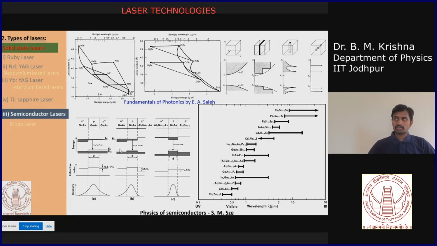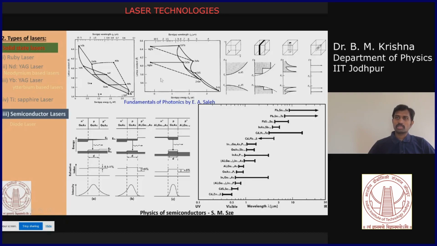So these semiconductor lasers have a wide range of wavelengths. With different material combinations, where we always care about the lattice matching to grow highly crystalline heterostructures. So these different material combinations with a good lattice matching can give you the full visible wavelength region up to almost IR, near IR and mid IR regions. So these PbSe or PbSnTe almost cover the mid IR wavelength range.